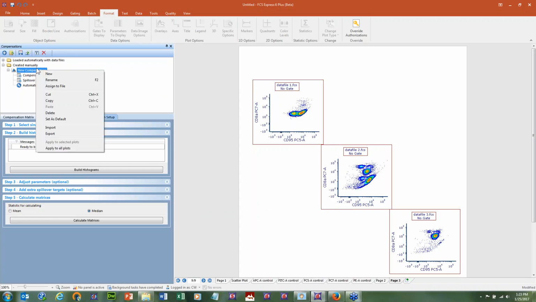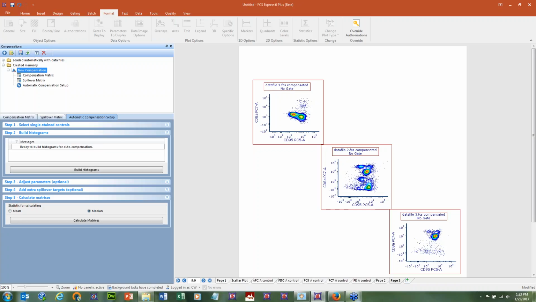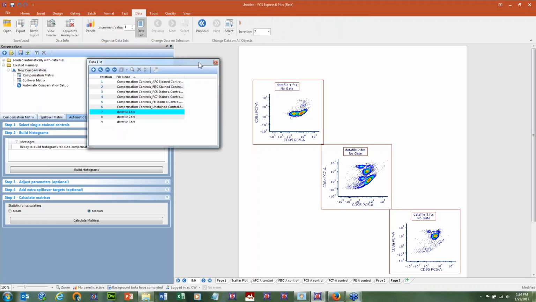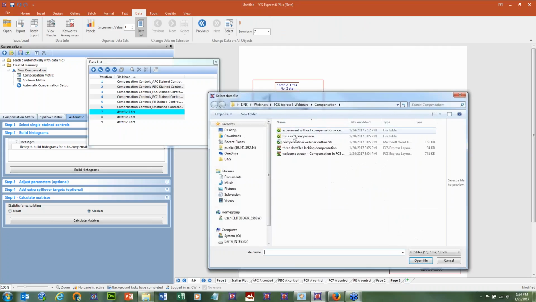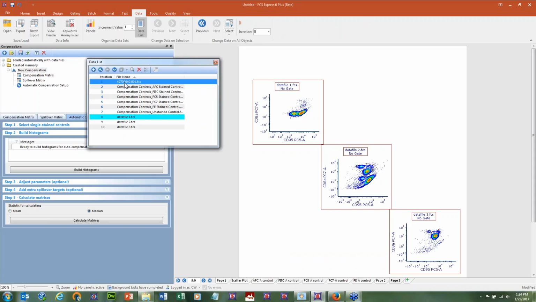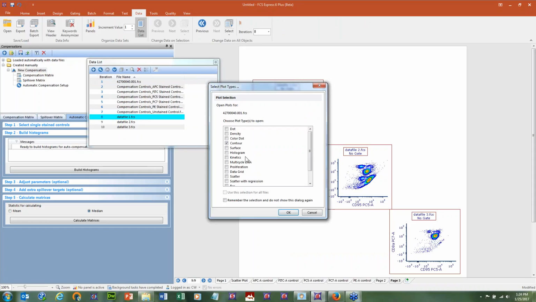You can right-click on the compensation in the compensations window and click on Apply to All Plots. Okay, and you see now all 3 of those plots have had the compensation applied. Okay, let me undo that and demo Apply to Selected Plots. And in order to do that, I'm going to put in, just for the purpose of illustration, an unrelated data file so you'll see when that's useful. Okay, so if I put in, for instance, this file up here,